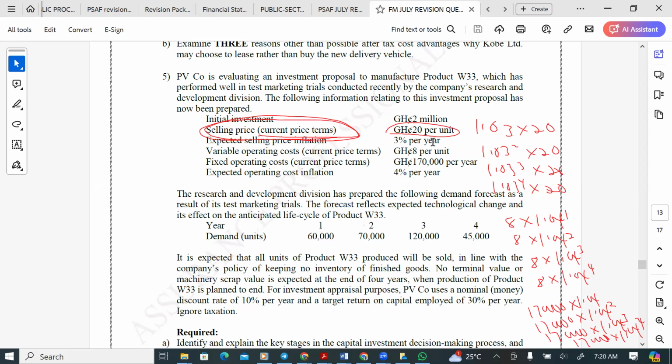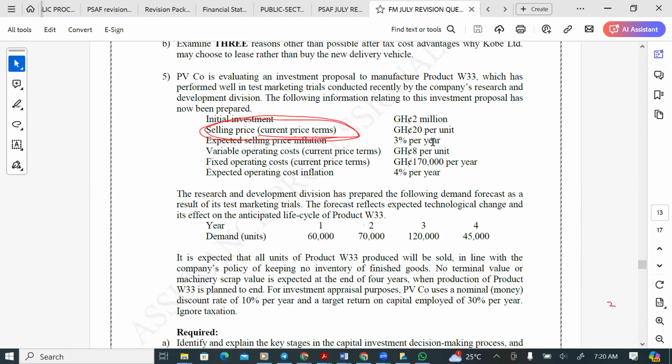Apart from that, you draw your cash statement, you bring your revenue, you bring your variable cost, you bring your fixed cost, you get your cash flow, then you now discount, because there's no issue of taxation and there's no issue of depreciation. There's no issue of scrap value also, because the question is saying that there is no terminal value, which is the scrap value at the end of the useful life. Okay, please, any issue? I want us to end it over here so that tomorrow we look at working capital management, then we are done.